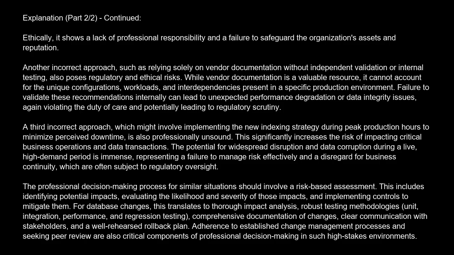The professional decision-making process for similar situations should involve a risk-based assessment. This includes identifying potential impacts, evaluating the likelihood and severity of those impacts, and implementing controls to mitigate them. For database changes, this translates to thorough impact analysis, robust testing methodologies, unit, integration, performance, and regression testing, comprehensive documentation of changes, clear communication with stakeholders, and a well-rehearsed rollback plan. Adherence to established change management processes and seeking peer review are also critical components of professional decision-making in such high-stakes